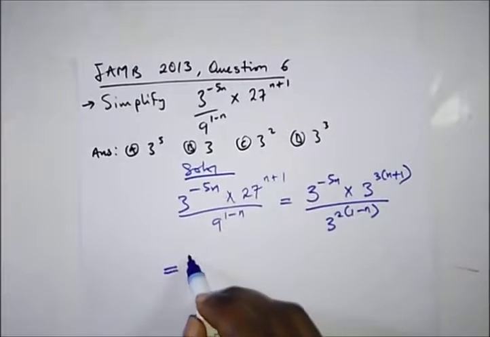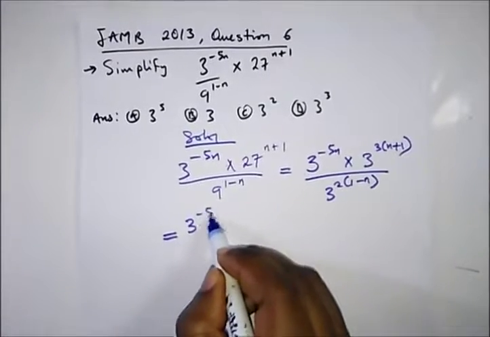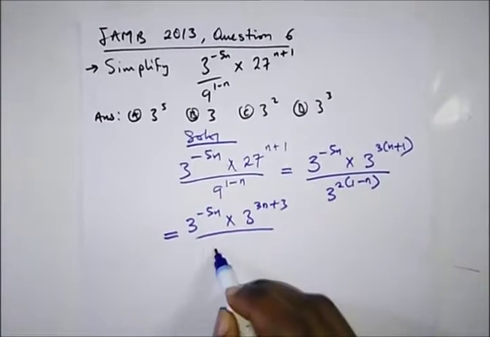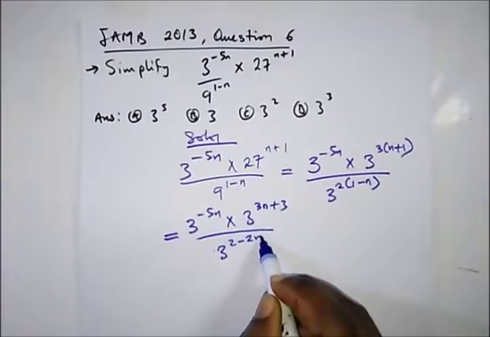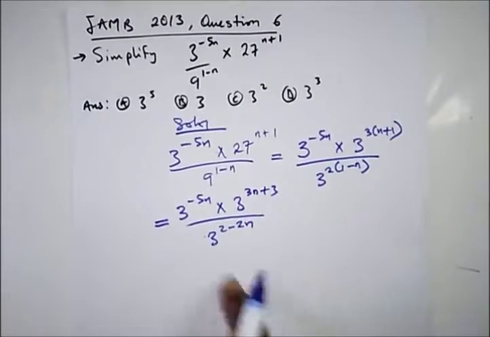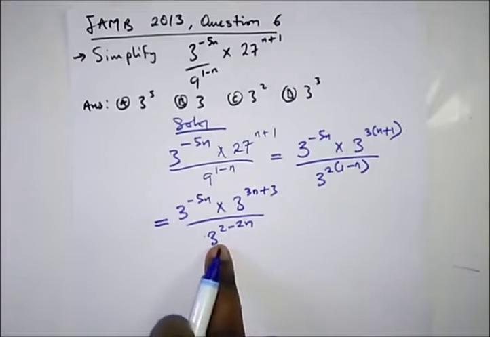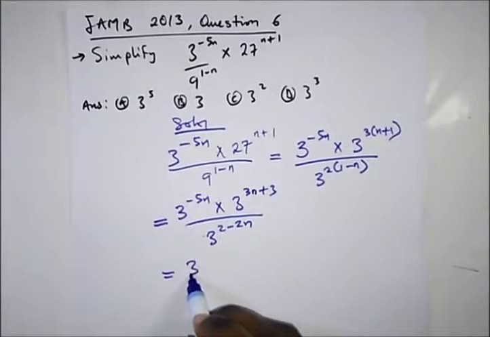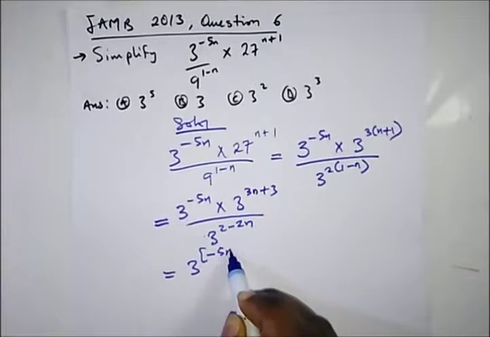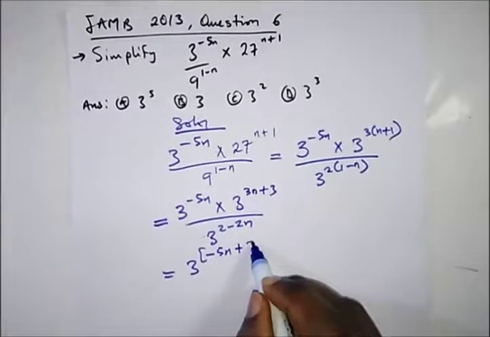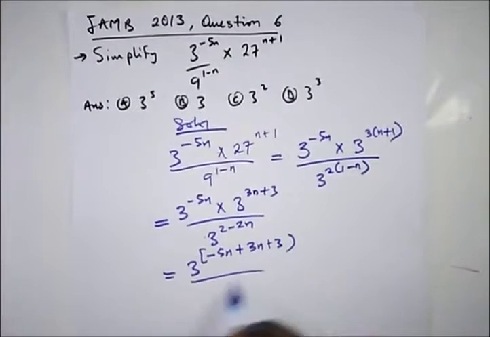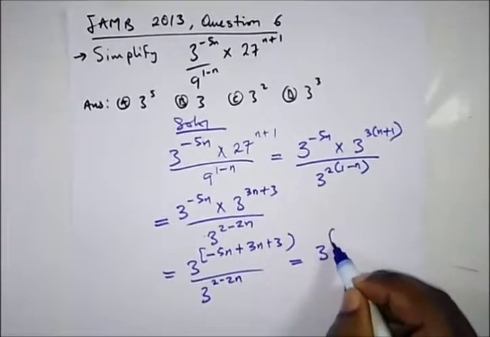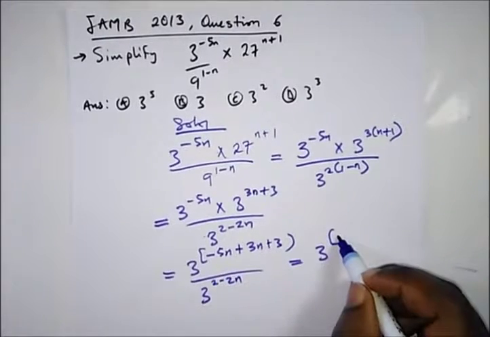So let's simplify this. So we have 3 to the power minus 5n times 3 raised to the power 3n, opening the bracket, plus 3, over 3 raised to the power 2 minus 2n. So here, applying the laws of indices, this is a multiplication and divided by this also, this base. So we have something like this: 3 bracket minus 5n plus, the powers will add to each other, plus 3n plus 3, over 3 raised to the power 2 minus 2n. This will give us 3 raised to the power minus 5n plus 3n